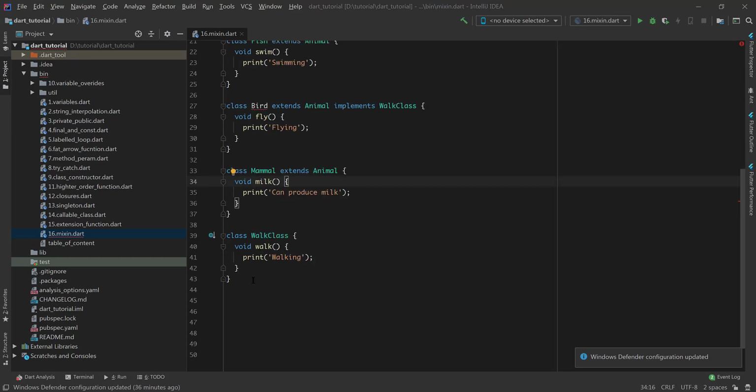Now let's see how mixin can solve this problem. Let's define a mixin. Here I have defined a Walk mixin which has a walk function. Now we can easily use this mixin on bird and mammal classes instead of implementing the Walk class. Let's see how.